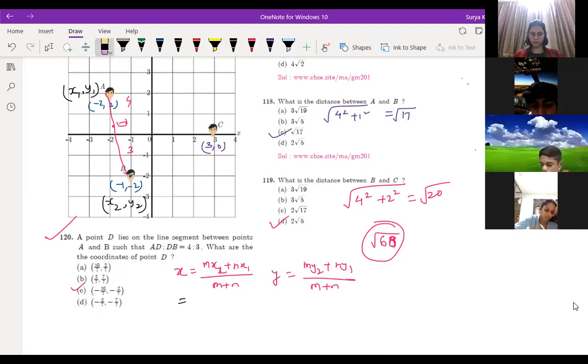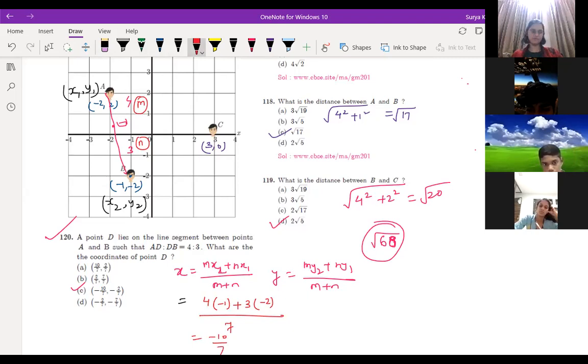I got the y as positive 2 by 7. So this is only if x1 you started from here. So m we should start from here only, m and n. Where you started from, there only you should do that, right? Can I get, Praharshan, minus 11 by 7? 11 by 7. Minus 11, how does it come? Sir, 4 times minus 2 is minus 8, 3 times minus 1, minus 11. Okay, let me solve once. M is 4. 4 into minus 1 plus n, that is 3 into x1, that is minus 2. 6 and 4, 10 only is coming, no?